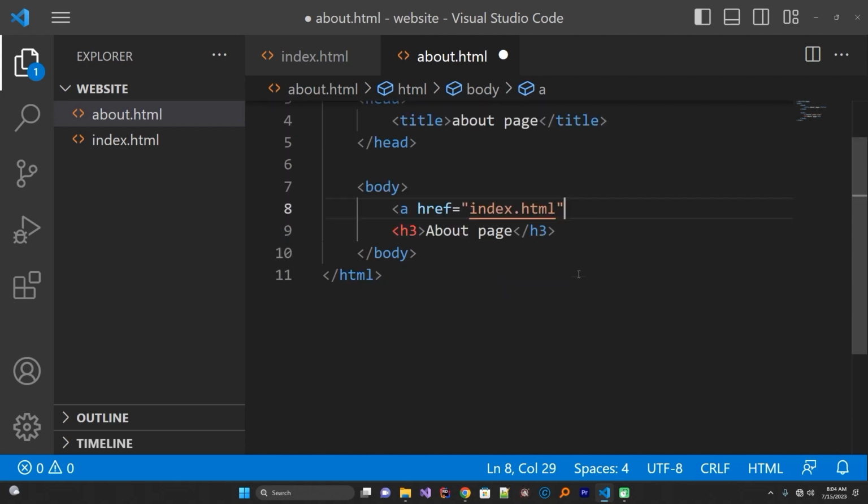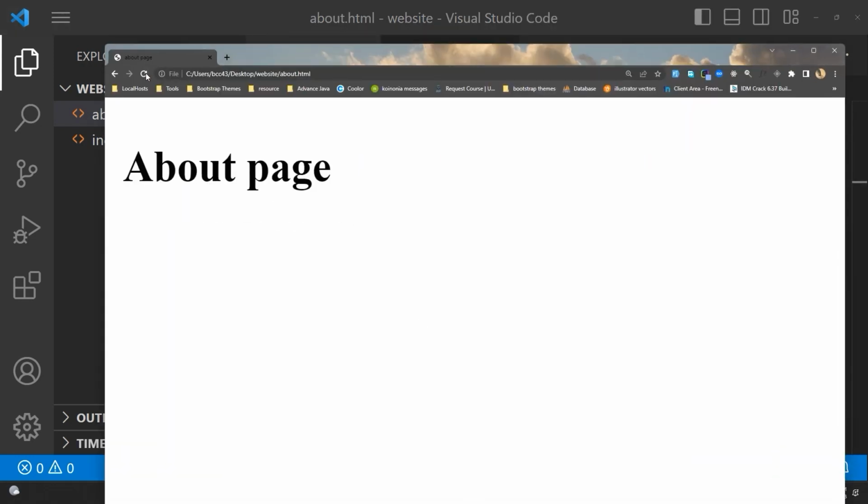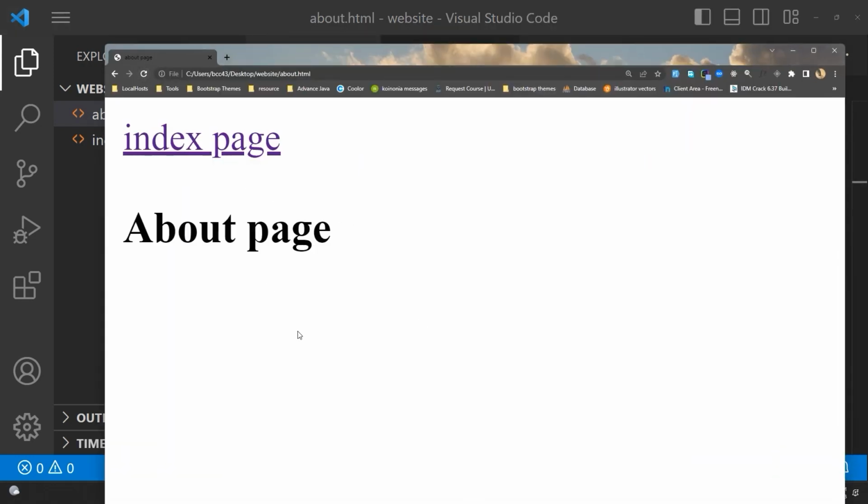And just as I told you earlier, because we've not completed this tag, there's an error here. This one is red. When we close it, it will go. Very good. And then say index page. Very good. Let's save it and see things in action. All right, Control S. Go back to the browser. Refresh. Very good. Okay, so at the about page, we can see index page, and this is a link with